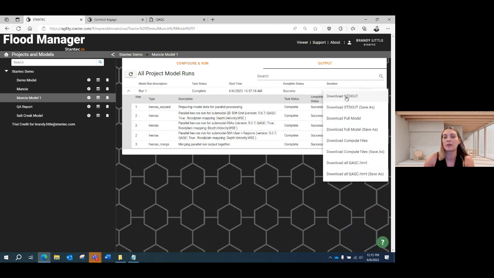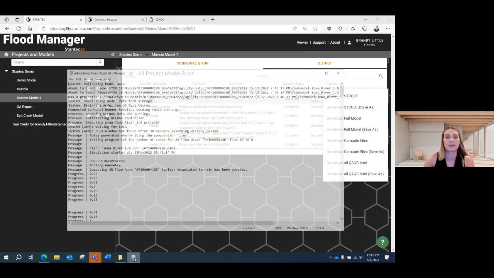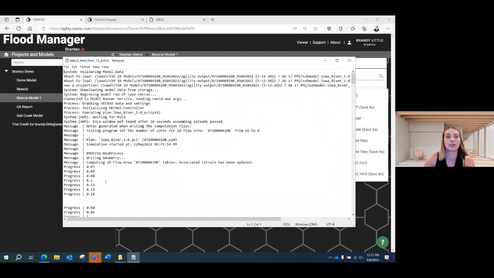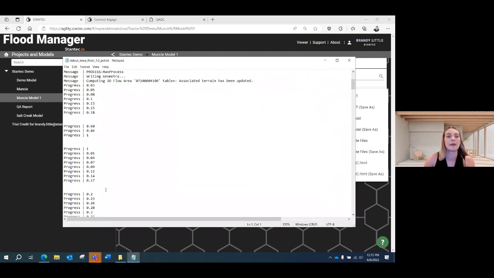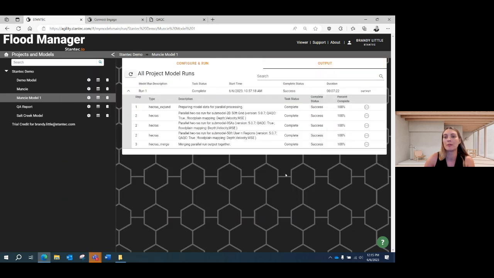We also have a standard output. So when the user is running the model, they can actually check the standard output, and it looks like this here. So they can actually look, and as the model is running, they will be able to tell at what stage the model is at. And it does track duration for you as that model is running as well.